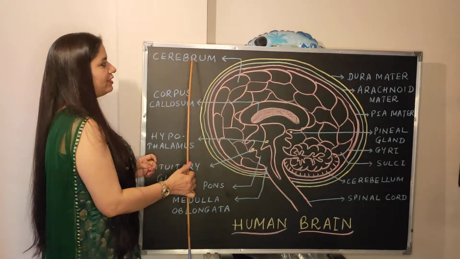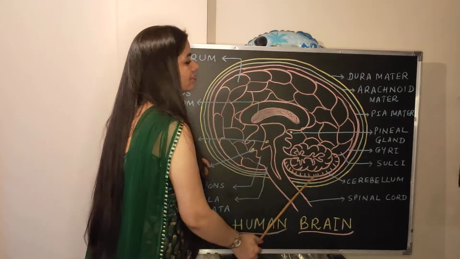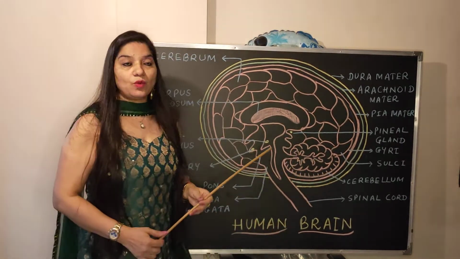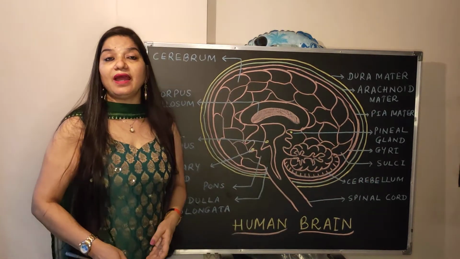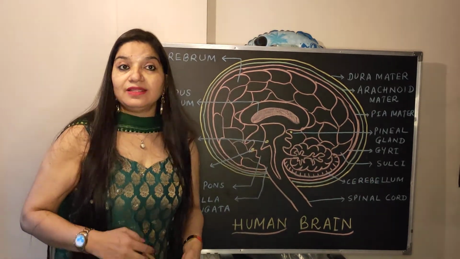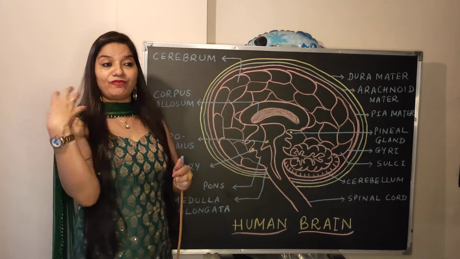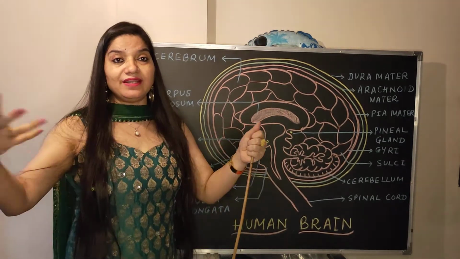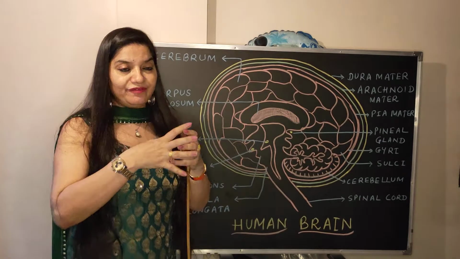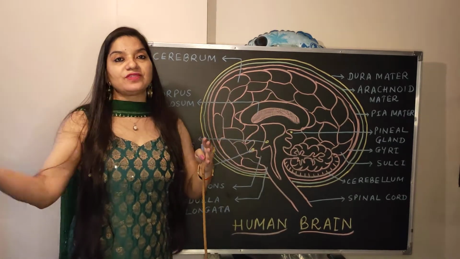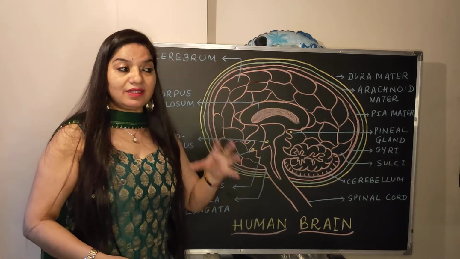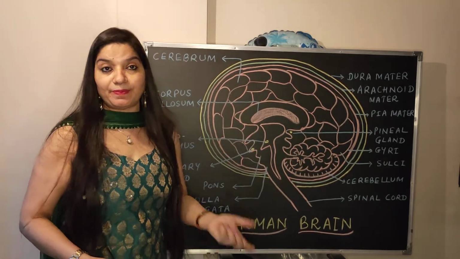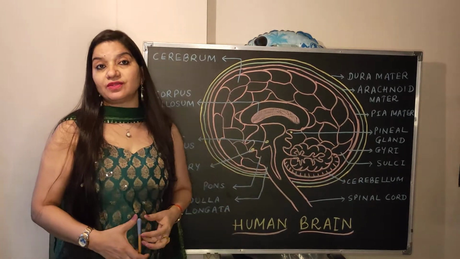The second important thing is that the cerebrum has ridges and grooves, which are known as gyri and sulci. The ridges are known as gyri and the grooves are known as sulci. These gyri and sulci form convolutions, and if you extend them, the more the surface area, the more IQ level a person has. So the IQ level, that is the intelligence quotient of a person, depends on the convolutions of the gyri and